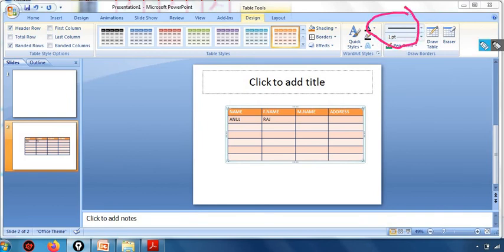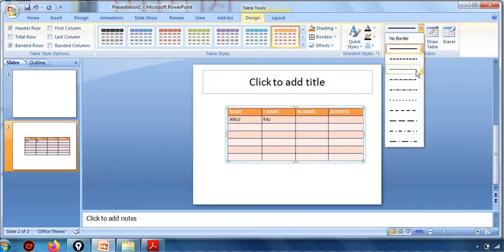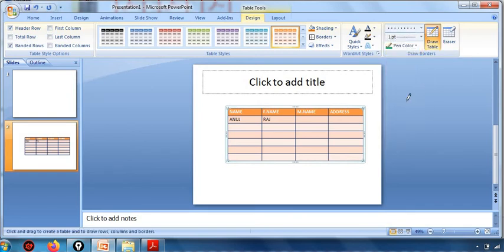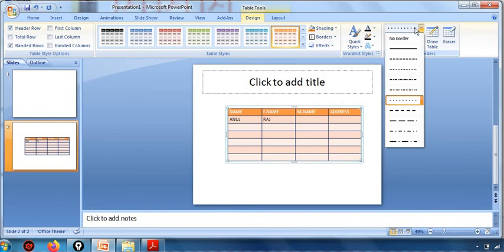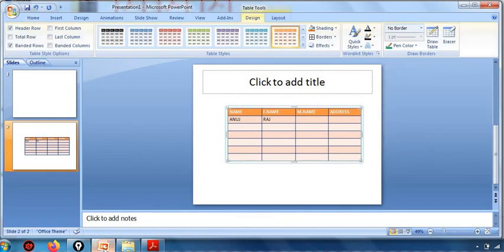Focus on this. If you click here, this is the pen style. Whatever we select, in this way we can change. So from here we can change the pen style.